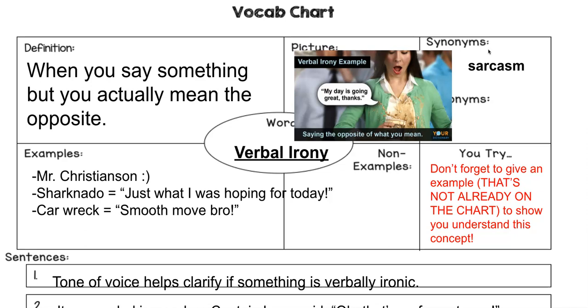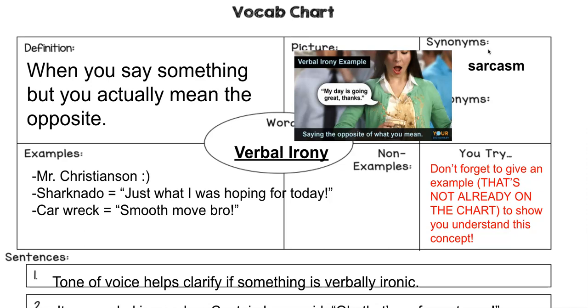So everybody say it for me, first of all. Verbal irony. Verbal irony. Yeah. So, Charlotte, is that a hand for me, or are you just raising your hand of laughing? Okay, I gotcha. So make sure you're focusing here, okay? Because remember, there's a tiny test at the end.